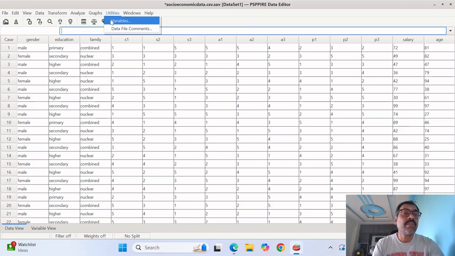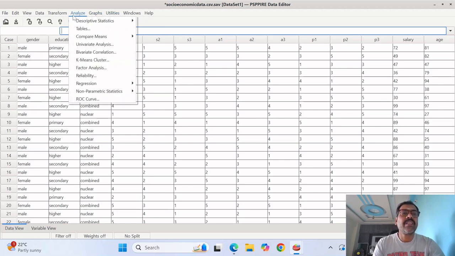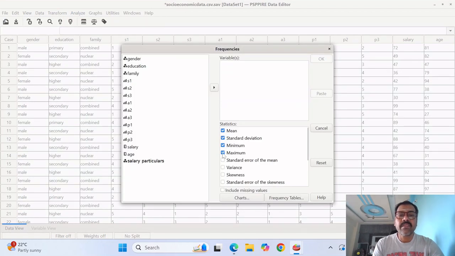Now, how are we going to make the first start with a pie diagram? How are we going to create a pie diagram for nominal data? I'm going to create a pie diagram for gender. If that is the case, go to Analyze, Descriptives, and then Frequencies. See here, I don't want all these because I already explained how to create descriptive statistics for a given data variable. The idea of this video is not creating descriptive statistics, but to show you how to